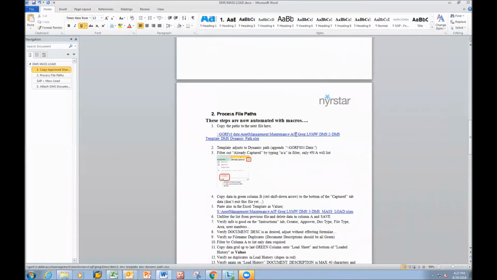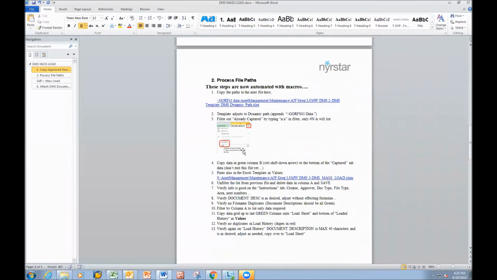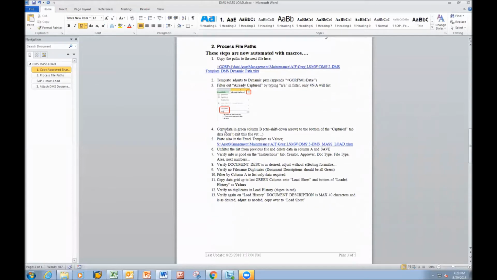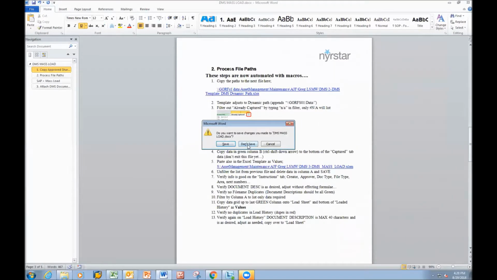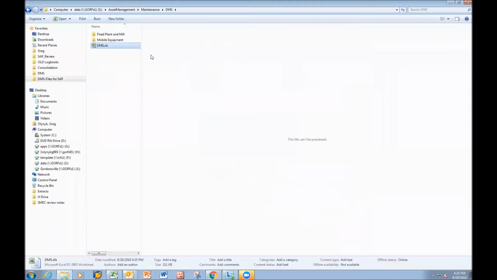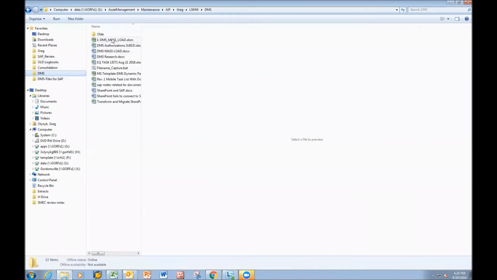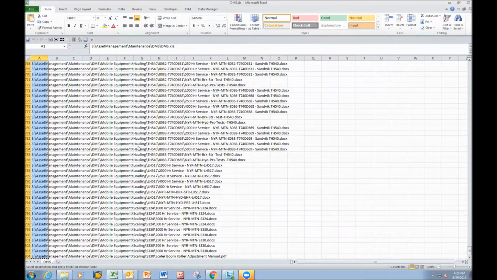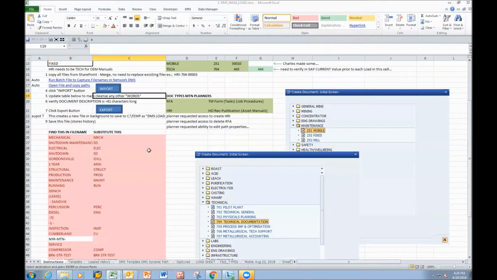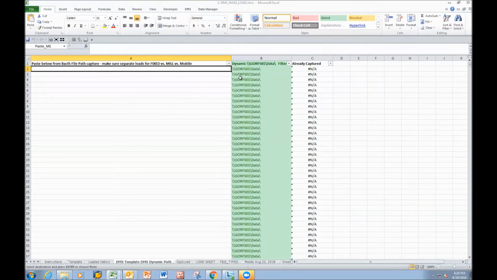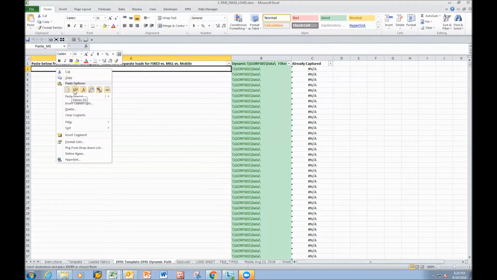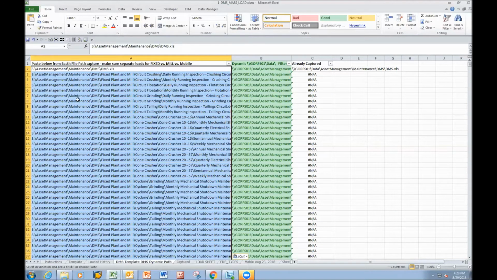So that next step is going into the processing file to process the path. And that step, again, I've automated, so you don't have to do that, and so on. So all these steps have been automated. If they weren't automated, you would have to manually copy them into the mass load file. You go into this mass load file, and you copy them into this file to get the dynamic path. You just paste those values,